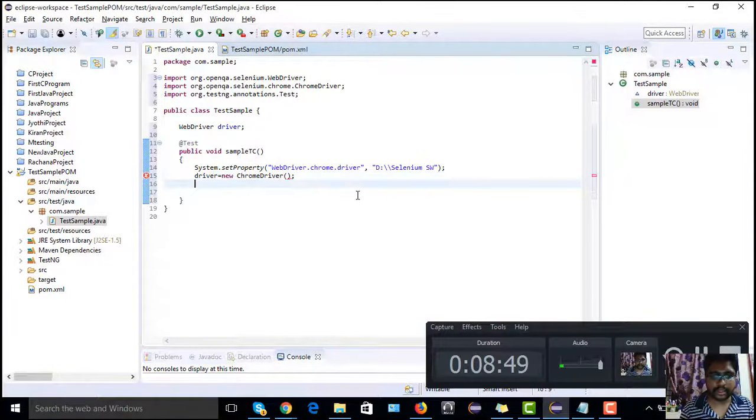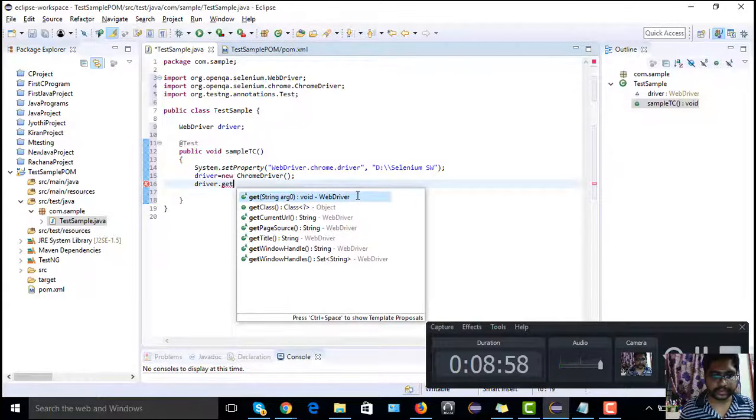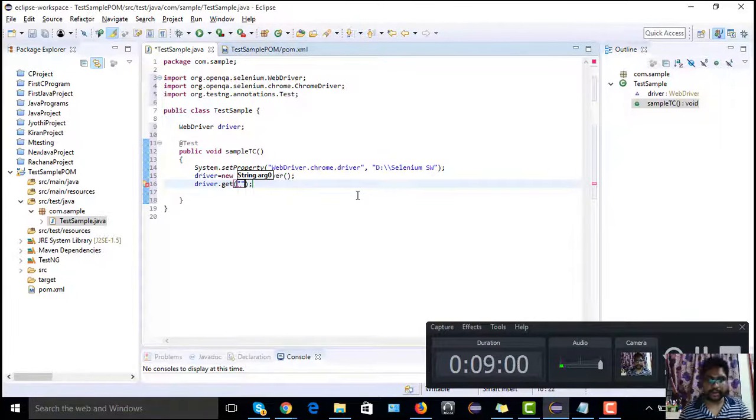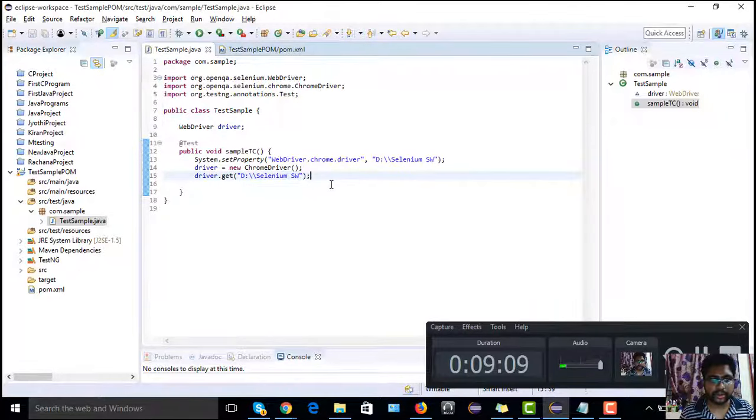Yes, so this will invoke a Chrome browser. So next, driver dot get, and I am going to give my URL. This will launch my URL here. Yes, good to go, fine.